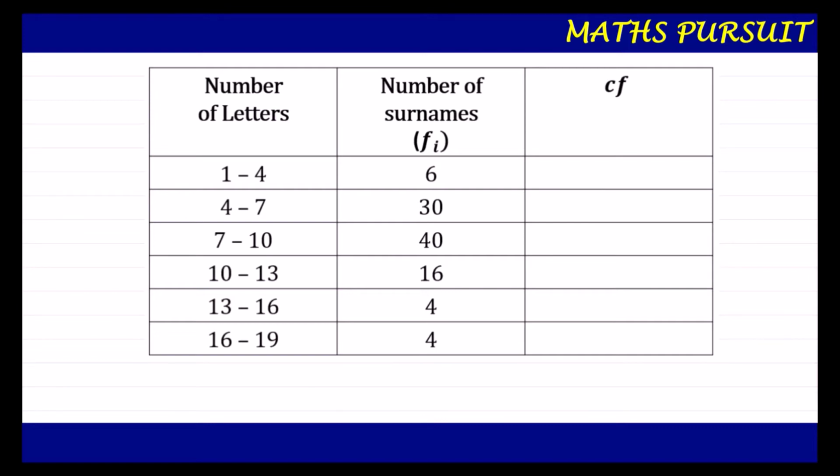Now, as I told you, whenever we start our calculation, before doing anything, we are going to find out the sum total of the frequency. So I am going to again add here the sum total of the frequency. Whether you do mean, median or mode, it is always advisable to do the sum total. So sum total of the frequency is equal to 100. And guys, this 100 should match with our question. If you look to the question, as I told you earlier, this 100 is matching to our question, because the question told us that there were 100 surnames randomly picked up. So this is what we got.